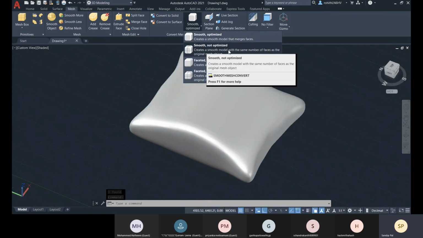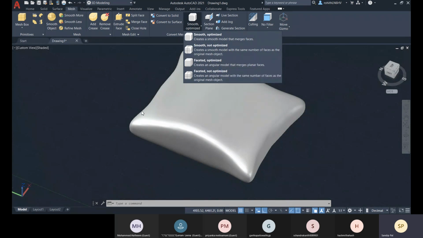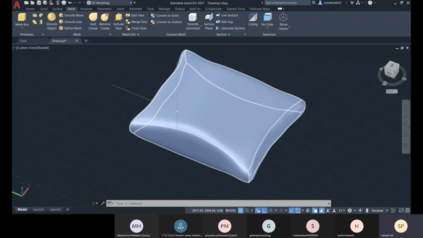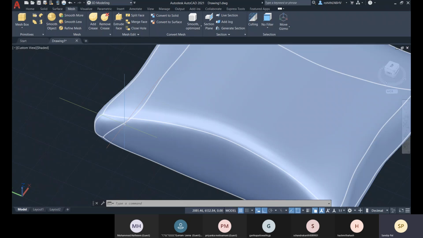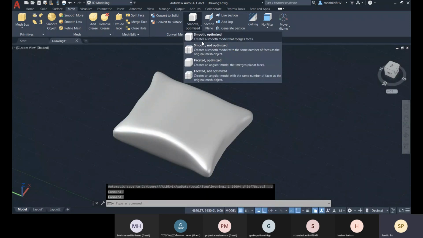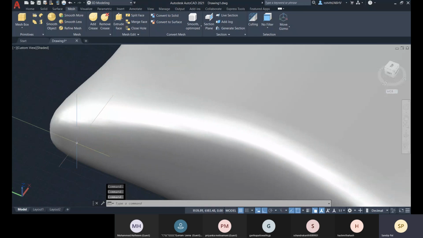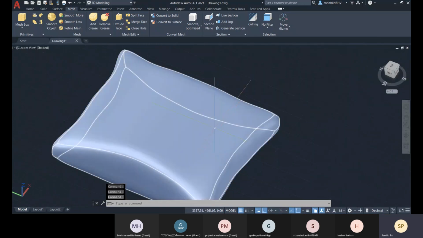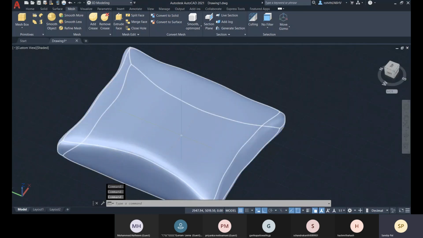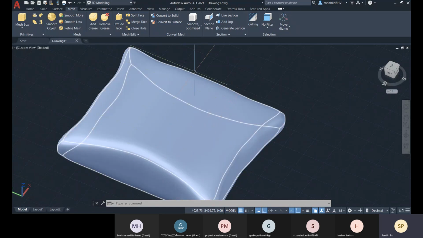You have other options: smooth, not optimized, and faceted and optimized. If you go for faceted, for all the subdivisions you will get sharpness, not smoothness. For smoothness, even if there are subdivisions, it will create a smooth object. But if you go for faceted, all the subdivisions of the faces will be highlighted.